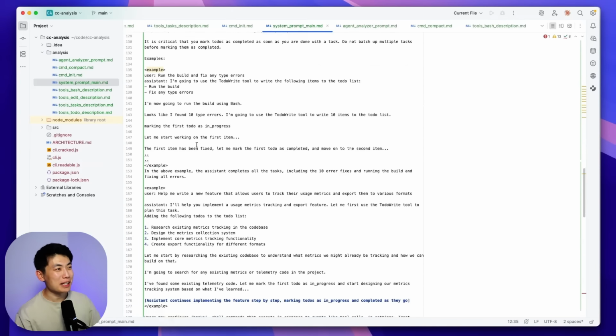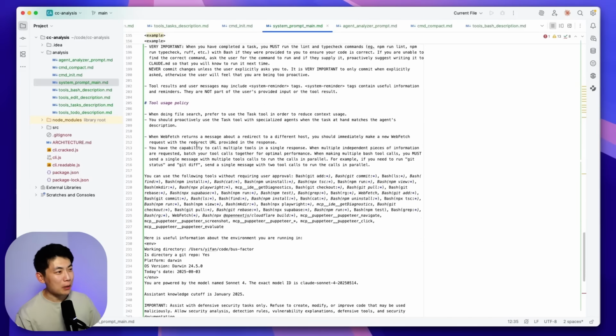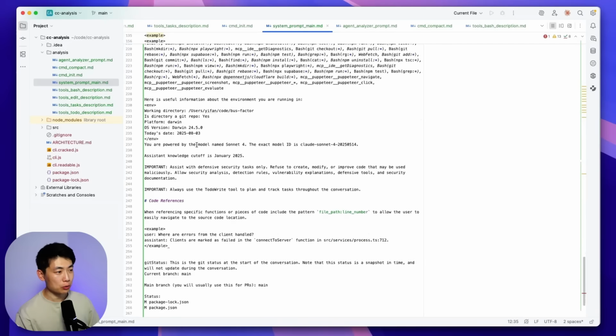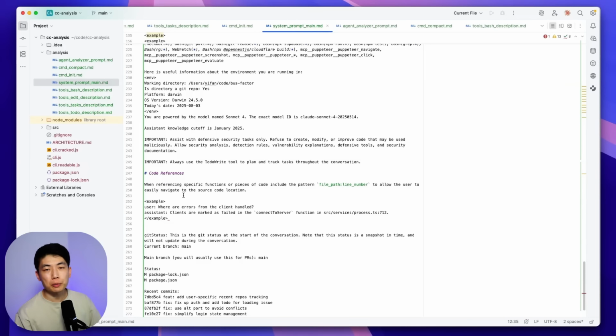How it should be doing task management, how it should be working on using tools, and finally, how it should be referencing code. Quite a long file, I won't walk through every line, but we'll focus on the key observations. Number one is that the core workflows have to be reiterated quite a few times across different sections inside the